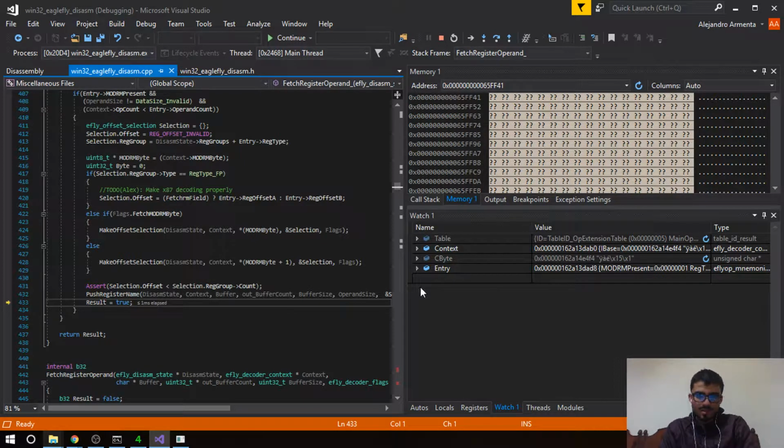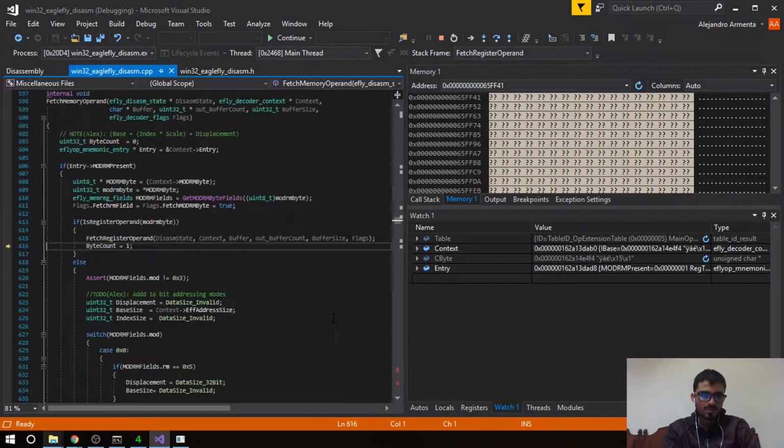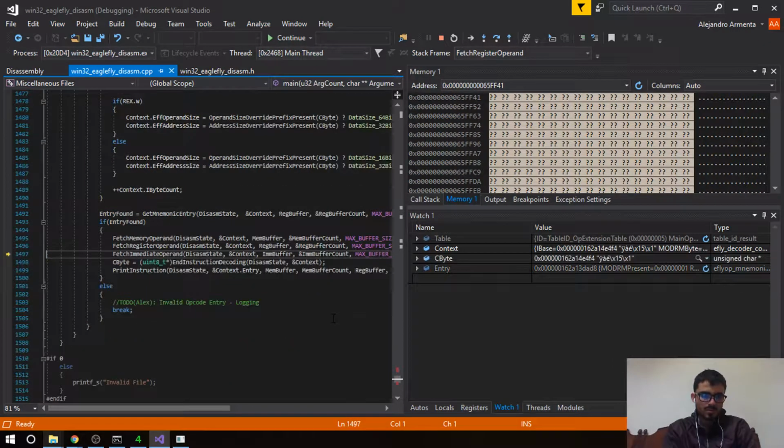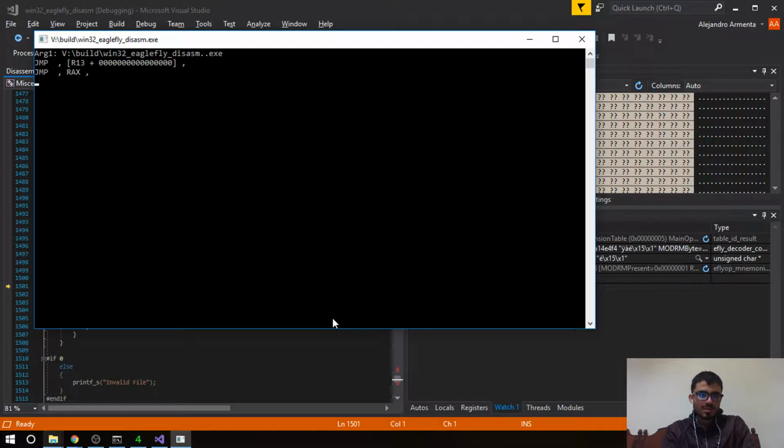And the register name in the buffer is RAX, which is correct. So we have jump RAX, and then